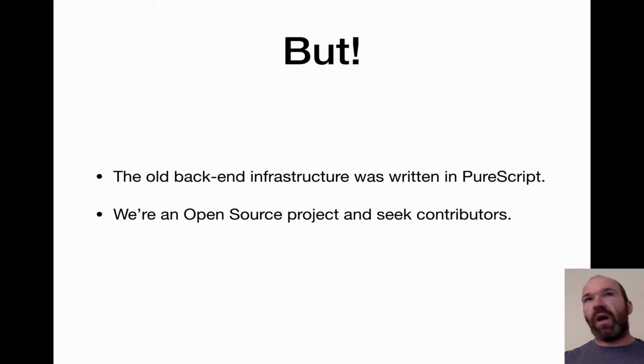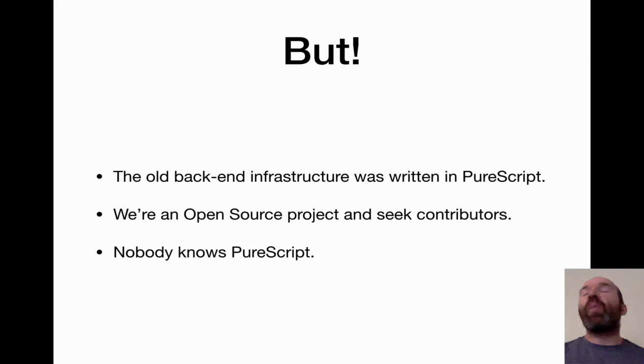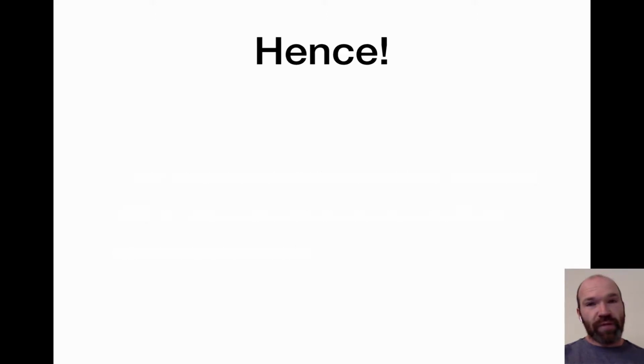But we are an open source project and we really want people to contribute, and in particular to contribute support for new target languages. But nobody knows PureScript, and PureScript is really, really hard to learn. And so we just could not expect many people to contribute realistically. And so therefore,